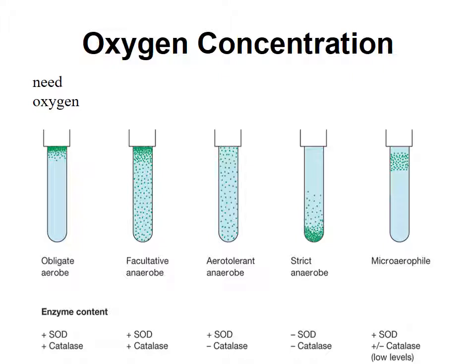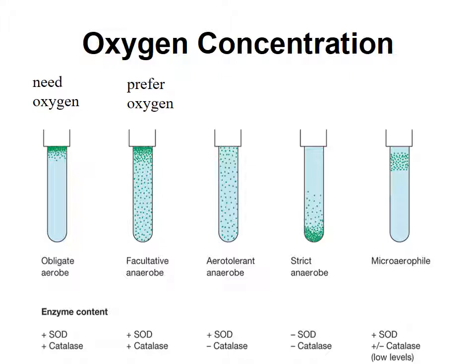So to the left we have the classification of obligate aerobe. An organism that's able to grow in the presence of atmospheric oxygen is an aerobe, whereas one that can grow in its absence is an anaerobe. Almost all multicellular organisms are completely dependent on atmospheric oxygen for growth. That is, they are obligate or strict aerobes. You know that oxygen serves as the terminal electron acceptor for the electron transport chain in aerobic respiration.